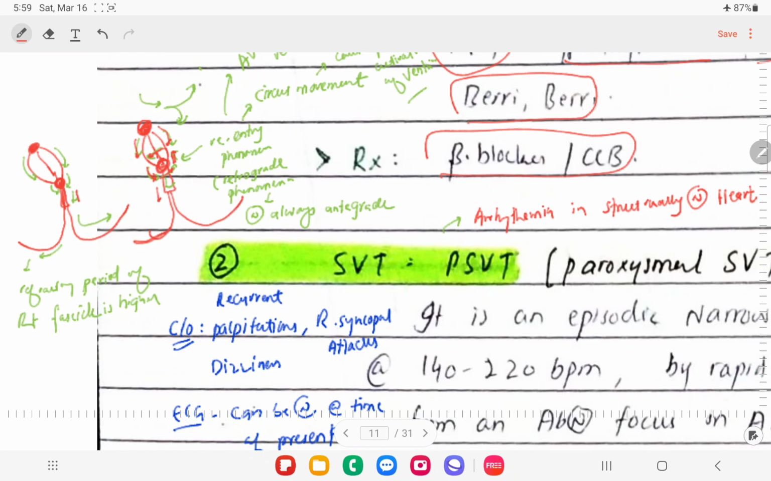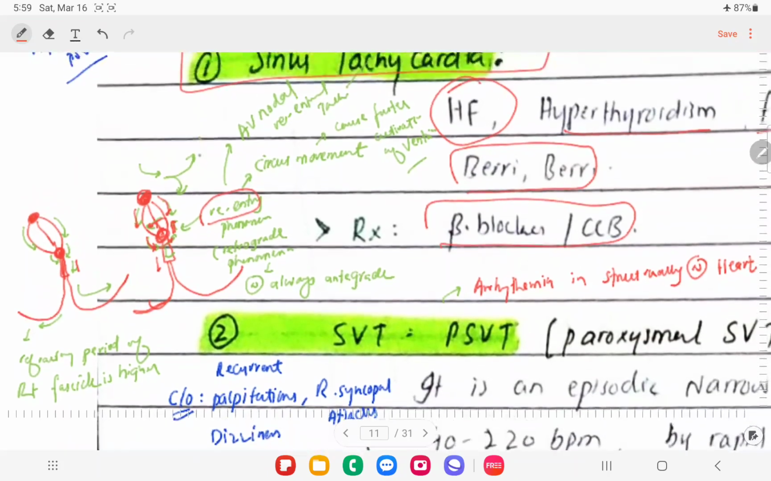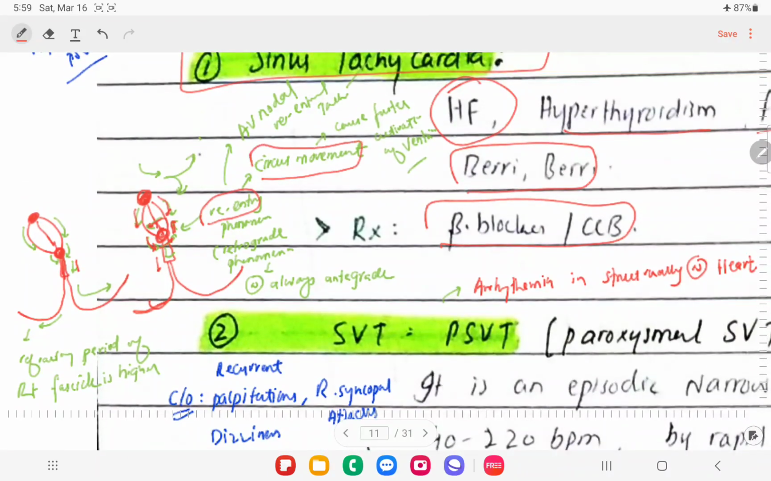So it doesn't follow the SA node. Because there is some re-entry phenomenon, right, there is some circus movement that is created along the AV node, right? Because of the re-entry of the current, we're gonna call it AV nodal re-entrant tachycardia, right? So we're gonna call it AVNRT, right? We'll have some types of AVNRT, and SVT is one of the subtypes of that. Okay,